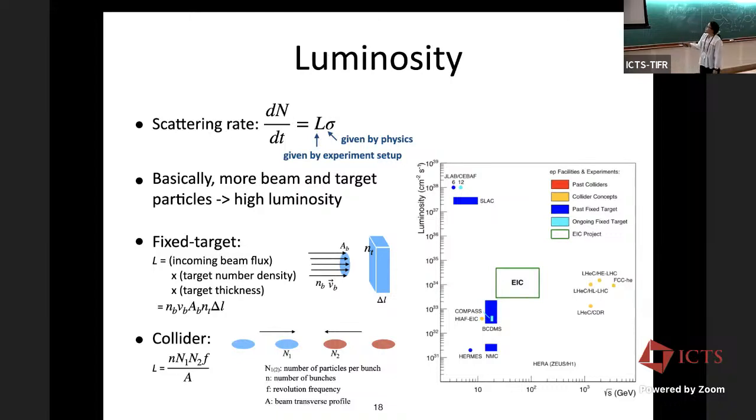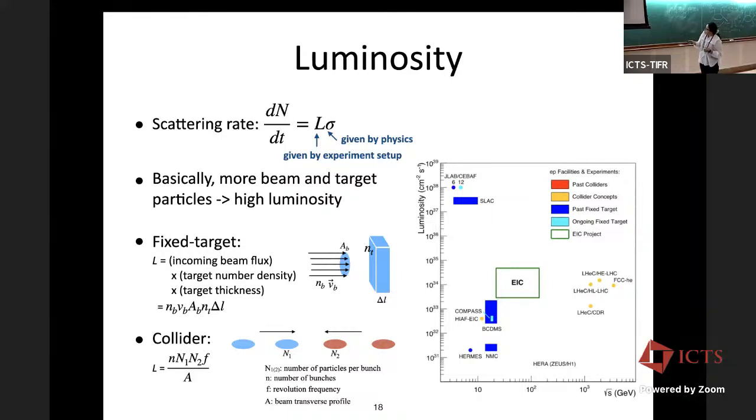And here it shows the luminosity and center of mass energy, the two parameters that we talked about, for different experiments. You can guess what's in here, very high. This is what type of experiment? Collider or fixed target? Fixed target, right? So you can see the high luminosity here. And HERA as a collider, compared to fixed target, has much larger center of mass energy here. And EIC has higher luminosity than HERA and slightly lower, but has some overlap of center of mass energy coverage.